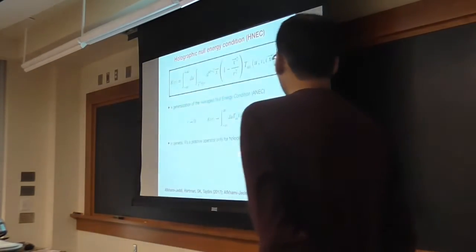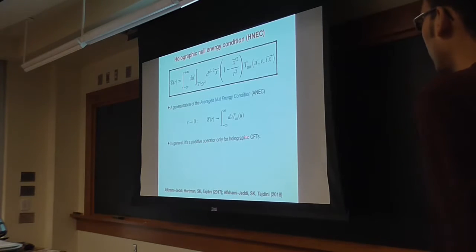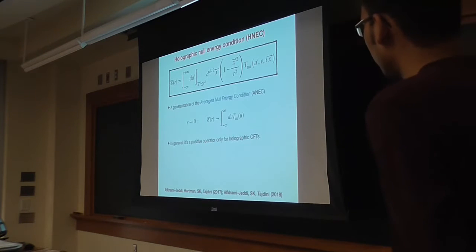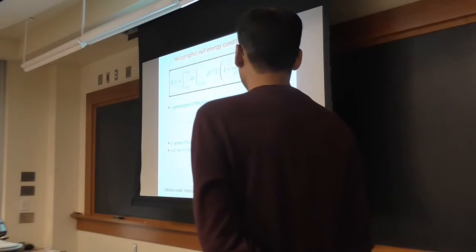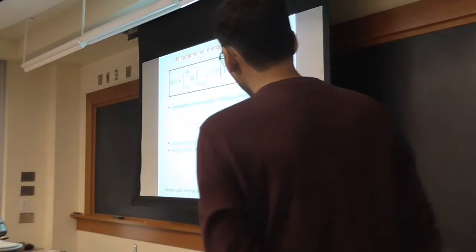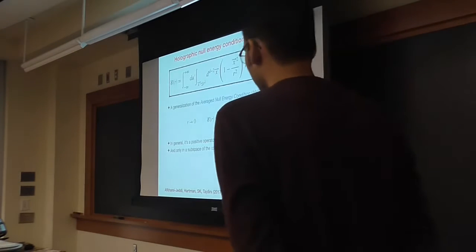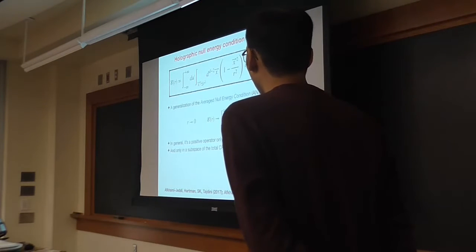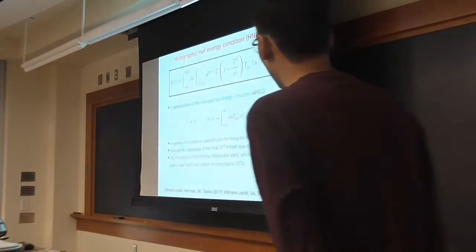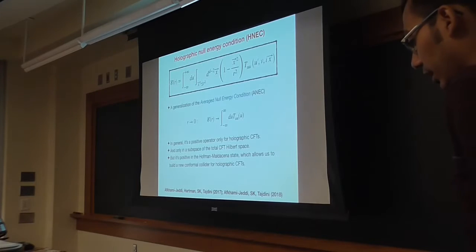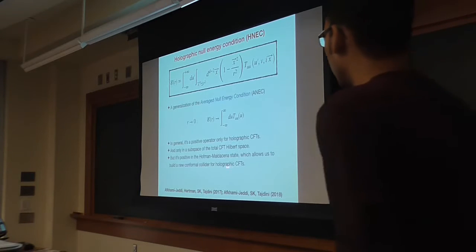Okay, so in general, it's a positive operator only for holographic CFTs, and not just that, it's positive only in a subspace of the total Hilbert space. So you might say then, why do I care? It looks very specific, and the reason it's important is the following: the same Hopkins models